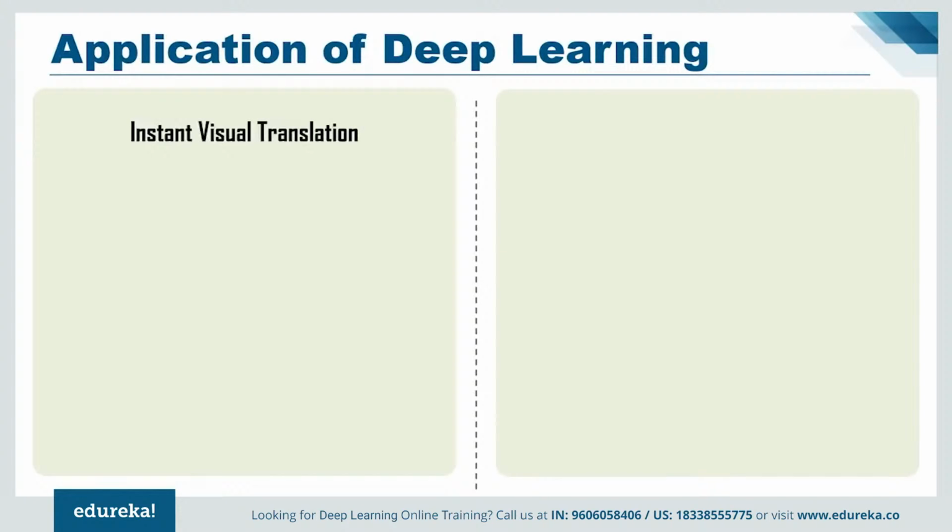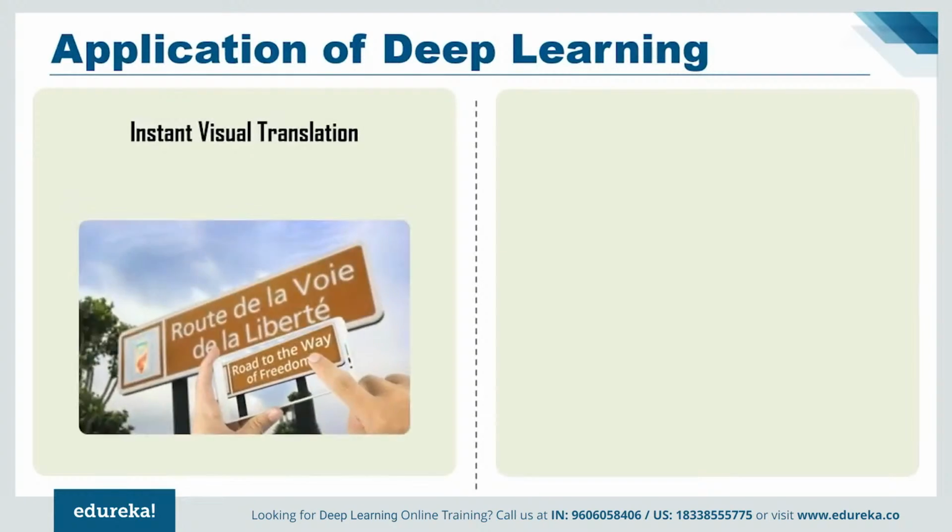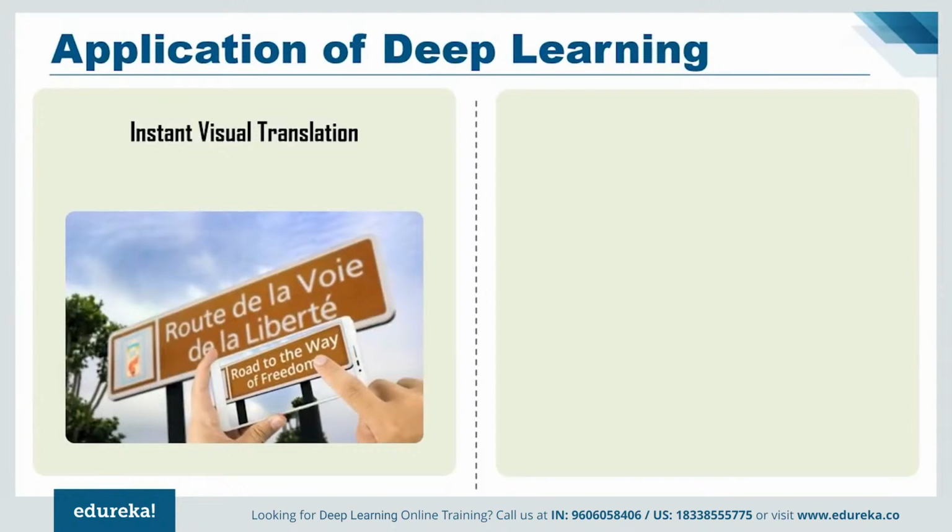Next, we have instant visual translation. As you know, deep learning is used to identify images that have letters and where the letters are in the scene. Once identified, they can be turned into text, translated, and the image recreated with the translated text. This is often called instant visual translation. Now imagine a situation where you have visited another country or place whose native language is not known to you. Well, no need to worry. Using apps like Google Translate, you can perform instant visual translation to read the signs or the shop boards written in another language. This has been possible only because of deep learning.